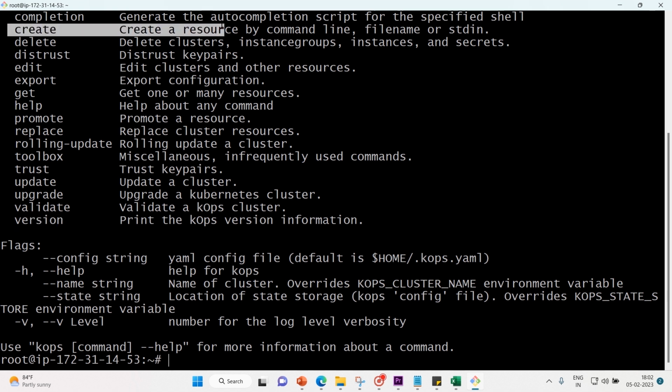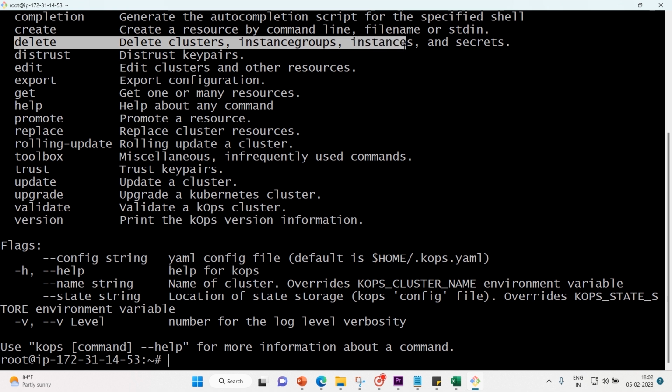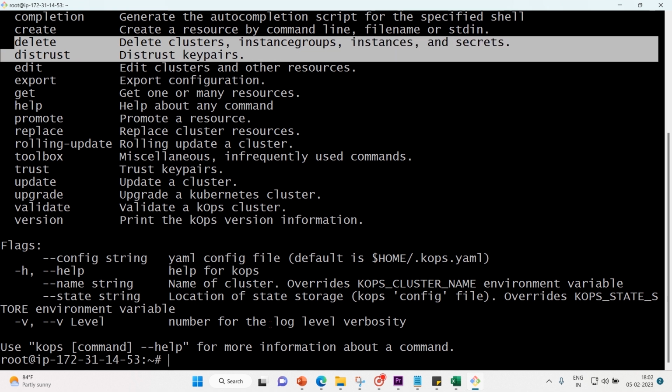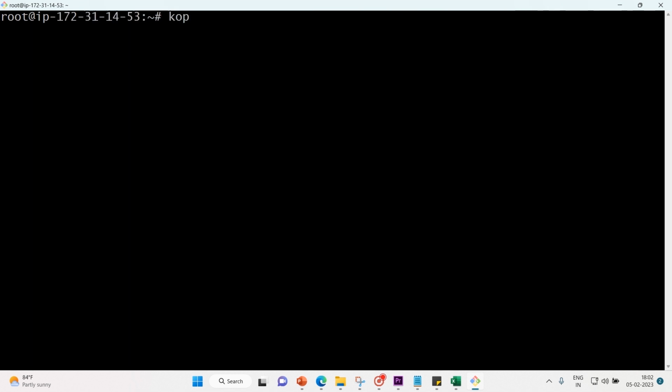This one is to create a resource by command line, and this is to delete: delete clusters, instance groups, instances, and secrets. Okay, so let's delete this. I'll say kops delete